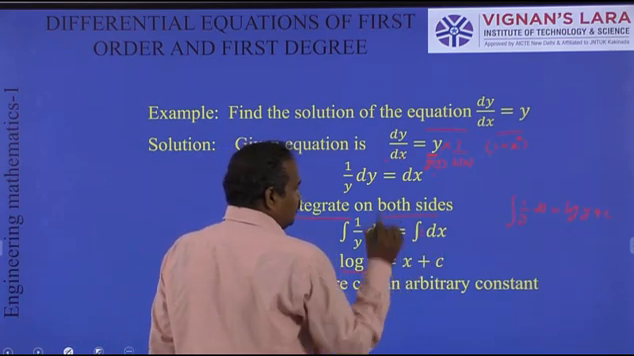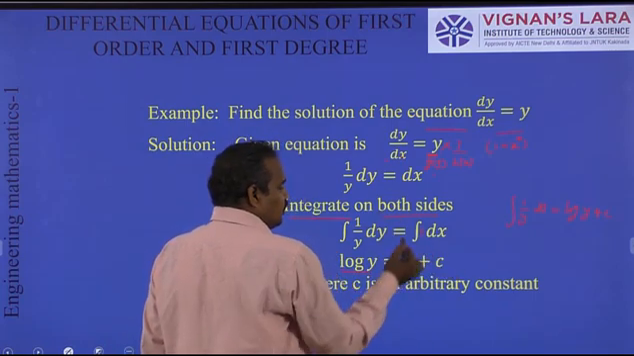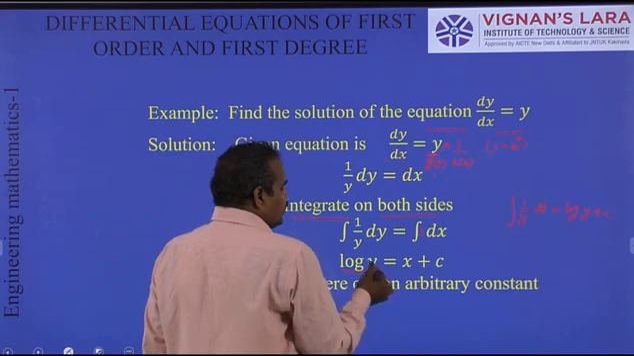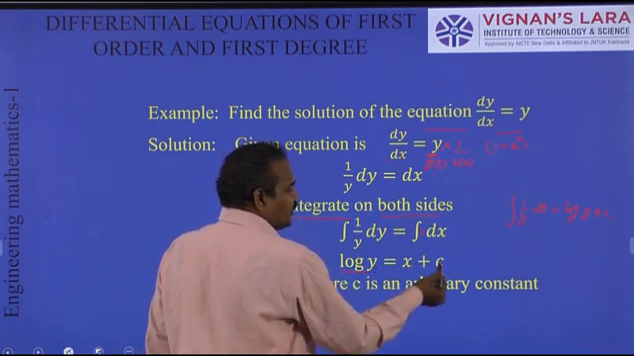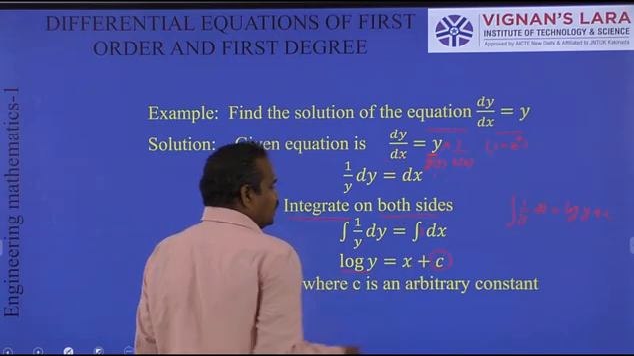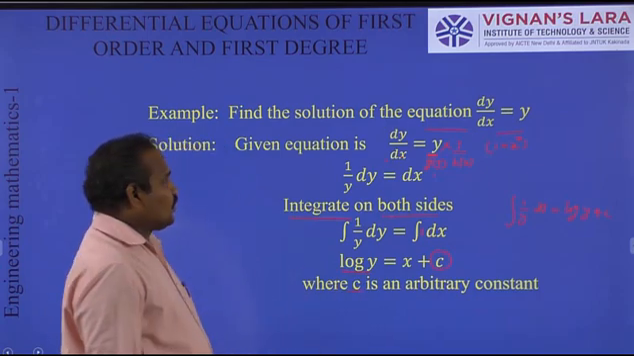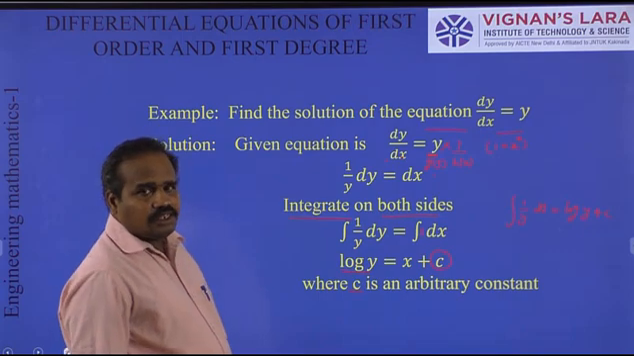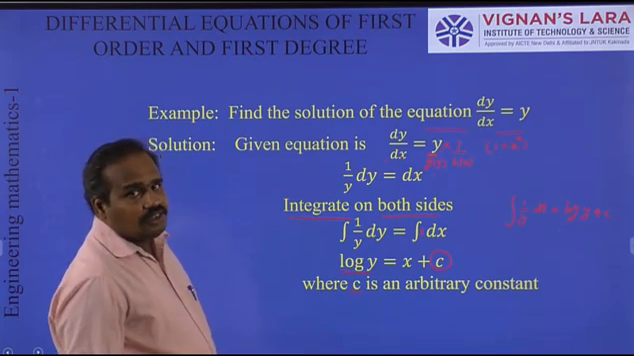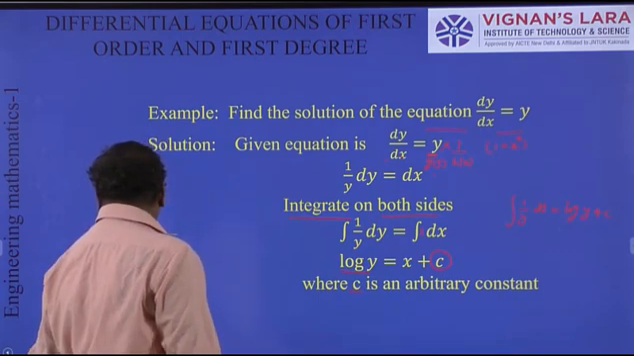Here on the right side the integrand is 1. What is the integration of 1 with respect to x? It is x plus a constant. Here we get one constant and there we get another constant, so in total one constant, which I have written as c, where c is said to be an arbitrary constant. So like this we evaluate the solution by the variable separable method. Now coming to the next one,